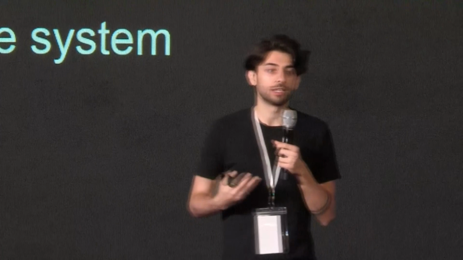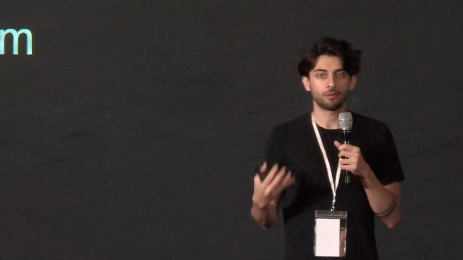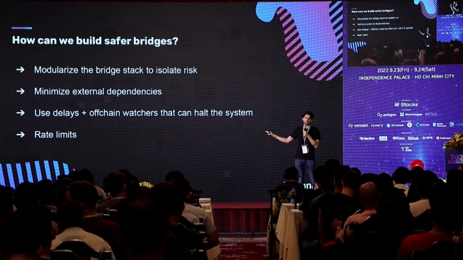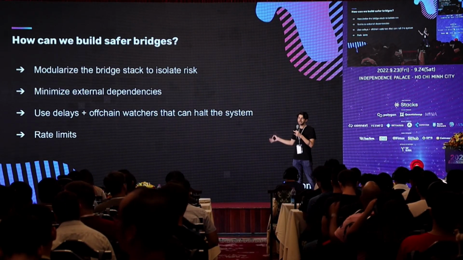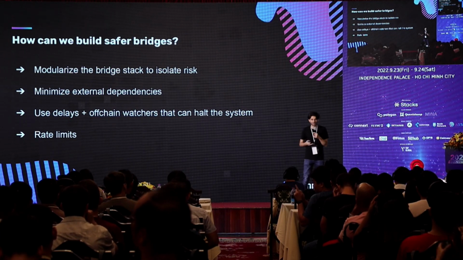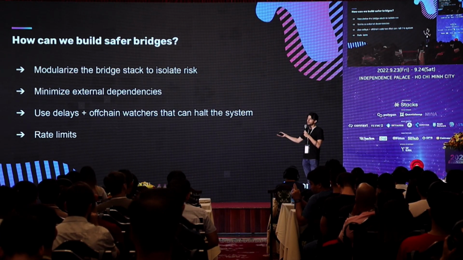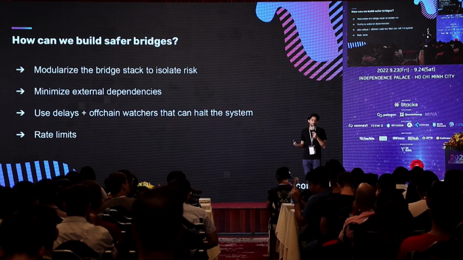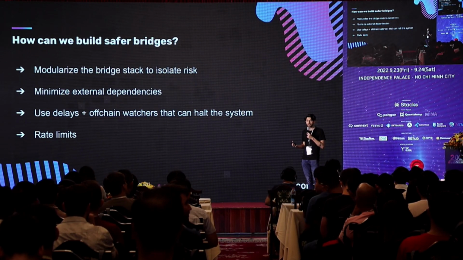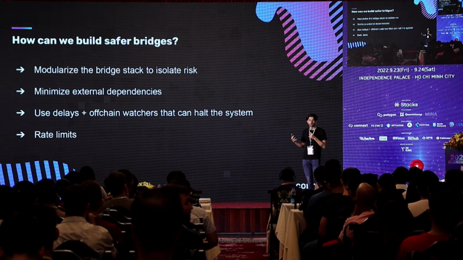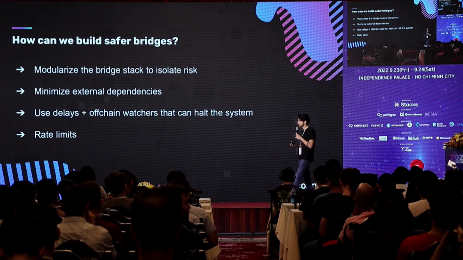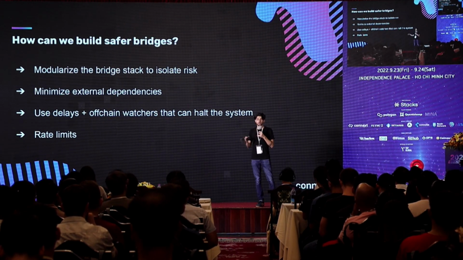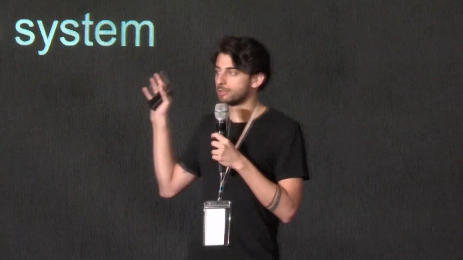And that actually brings me to the last one as well. More generally, just rate limits. How do we stop the risk of hacks in this space is just to implement rate limits that stop an attacker from stealing all of the funds in a single transaction, right? So if you limit the ability to withdraw funds so you can only withdraw, say, 10% of the funds in 5 minutes, you can shut down a system before all of the funds are lost. And I think that this is true not just for bridges, but also for the DeFi ecosystem overall. And a lot of the core research that is going into security here is going to be applicable to the rest of the DeFi ecosystem.